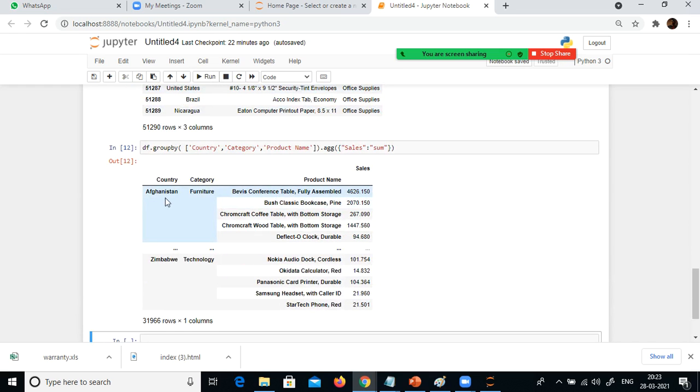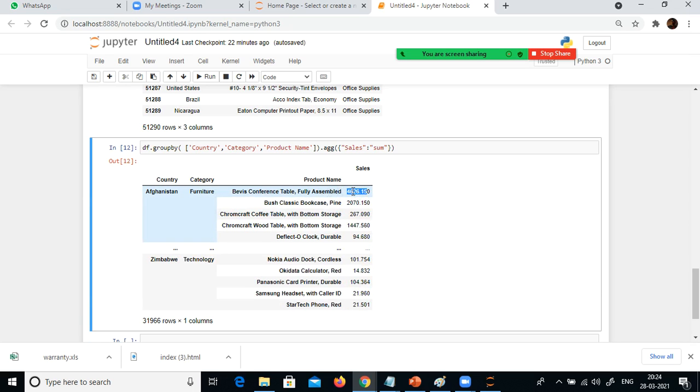So here in this country, under the furniture category, this many products they sold, and for each product they aggregated it. If you look at the data set for the Afghanistan country, for this product, the same product they would have sold more than one time. If they sold this product 2 times, it would have aggregated that.